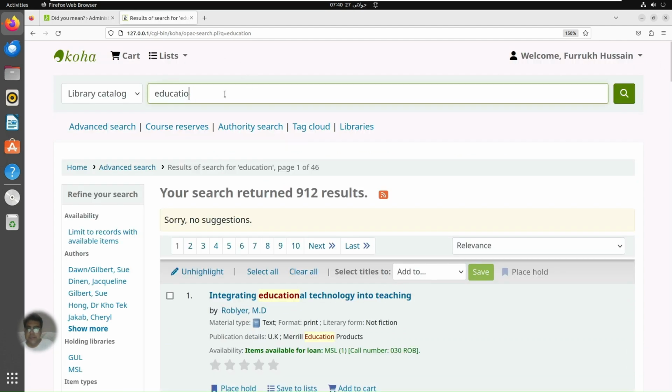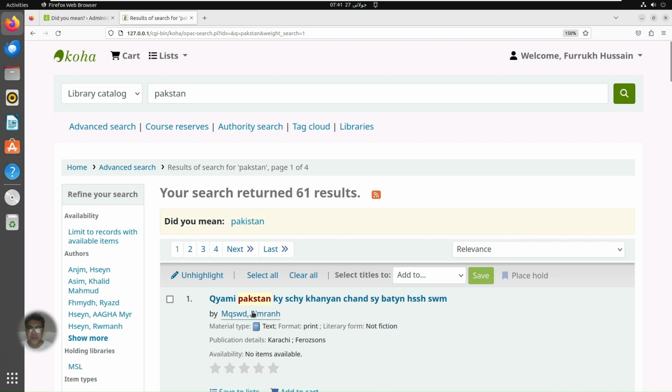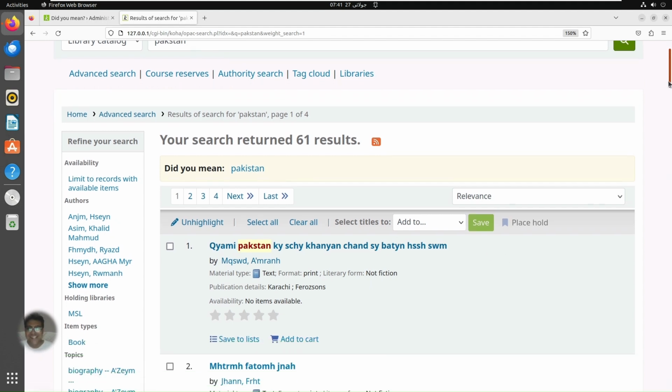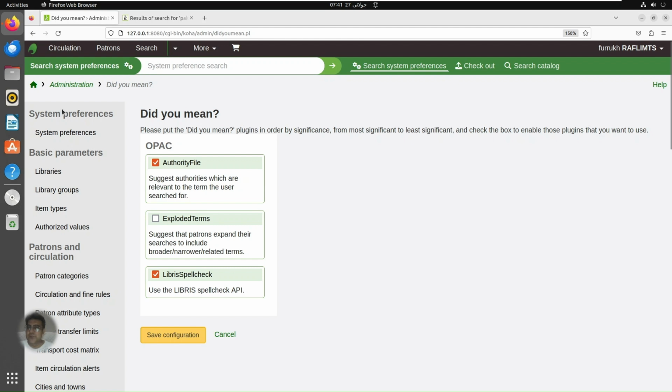Let us search another term here, for example Pakistan. So I just skip one I here, and it may search the right spelling. Sorry, my catalog already has some wrong spelling here. But you can see it has suggested the right spelling. Okay, anyways, so this is one of the tools that you can